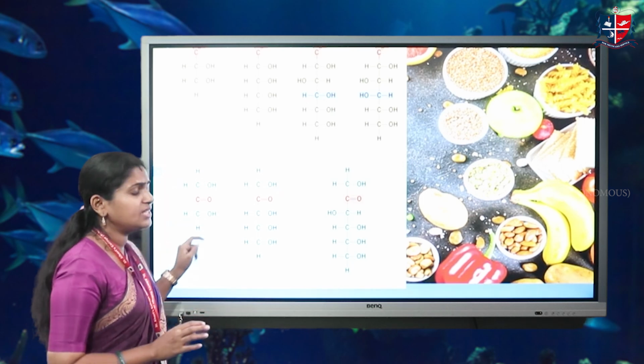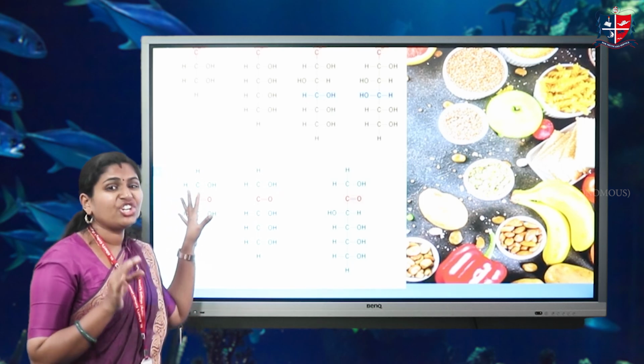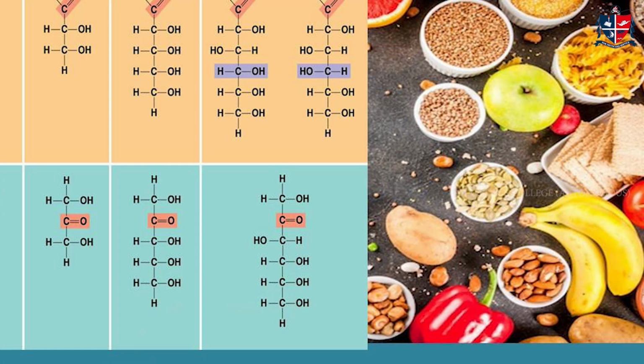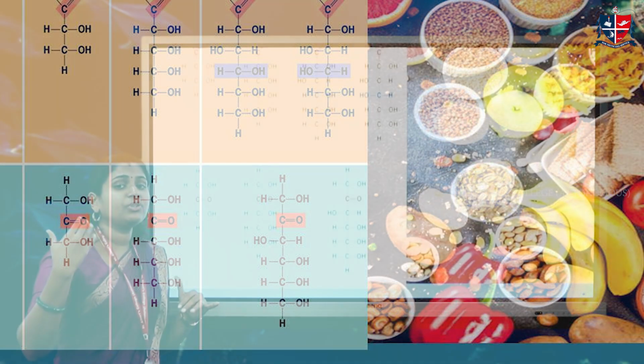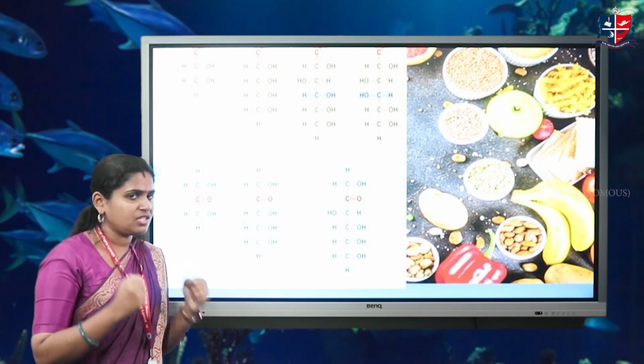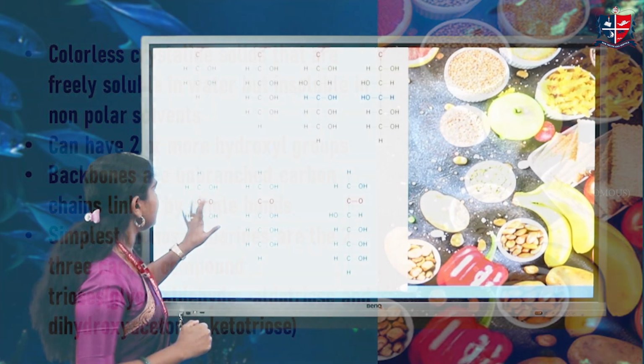Those are the examples. This class comes under trioses, where the number of carbon atoms is 3. Now here the example is 1, 2, 3, 4, that is a tetrose, 4 carbons. Here also this is the aldehyde group, here is also the keto group. Therefore, they are classified depending upon the number of carbon atoms as well as depending upon whether they are ketoses or aldoses, that is, the functional group. That is all about the monosaccharides.